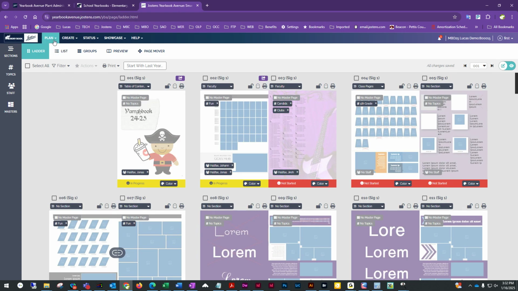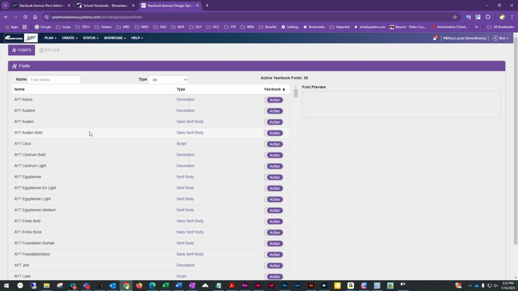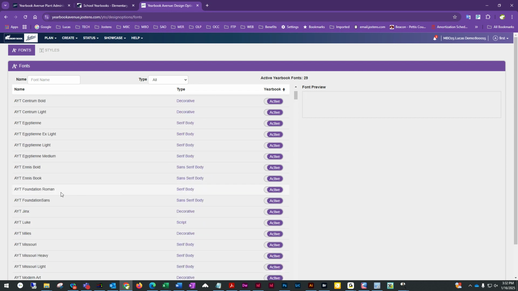Moving on from the page ladder, if we go under plan, we're going to have fonts. This is where you're going to go and add the different fonts to your collection. You start with 2, which are AYT Foundation Roman and AYT Foundation Sans. Now, one thing we do ask of you with these default fonts is to not turn these off. There are things in the program that work with these 2 fonts,